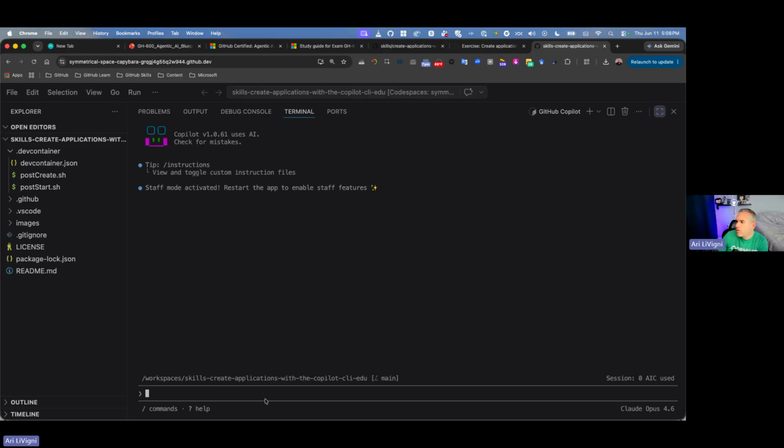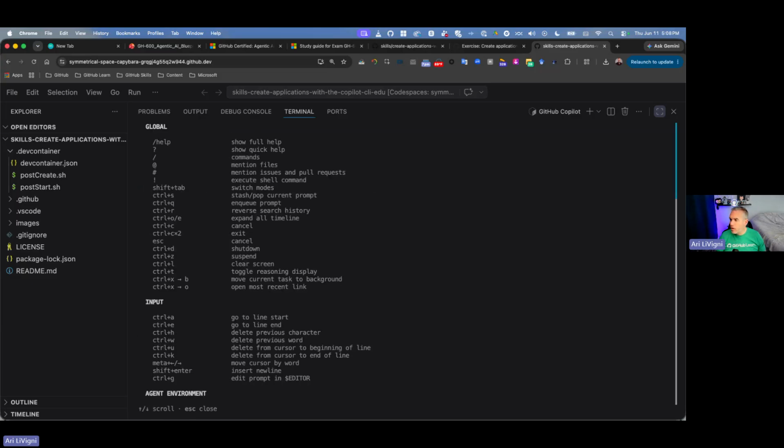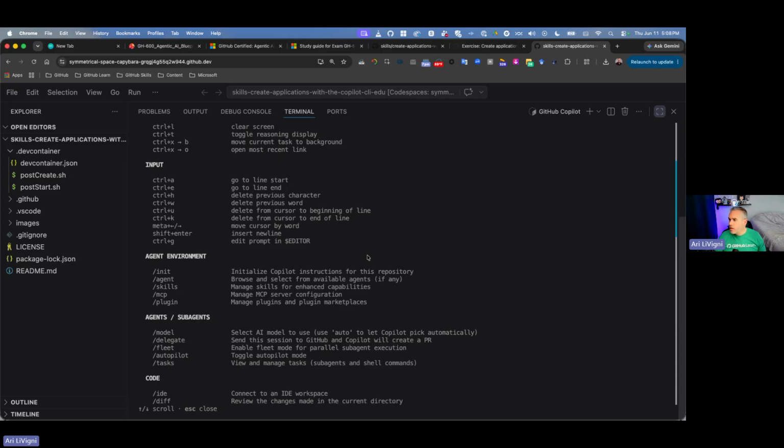A couple of things about the CLI. I just started it. I didn't give it any other switch or anything at all. It tells you about your model, how many credits, your session. If you wanted to see, you can right click to copy, Control C, right click to copy. Just a general help, and you can peruse through the commands, the slash commands, and